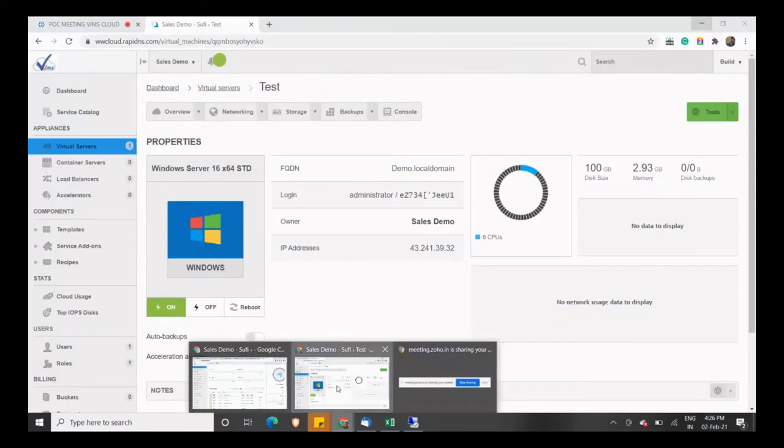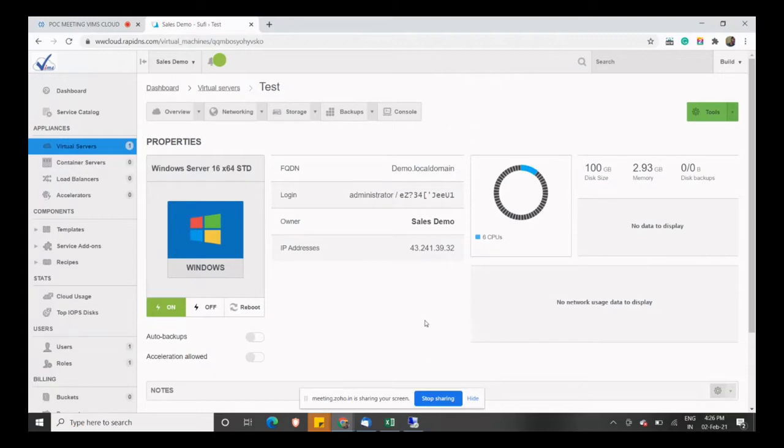Okay, and now one more scenario. Let's assume that I already have my domain controller sitting within my premises, and all the endpoints are right now connected to the domain controller. Now I migrate all my end users to this system. How do I configure my domain, assuming that I cannot alter the domain? And the second question would be about data migration.